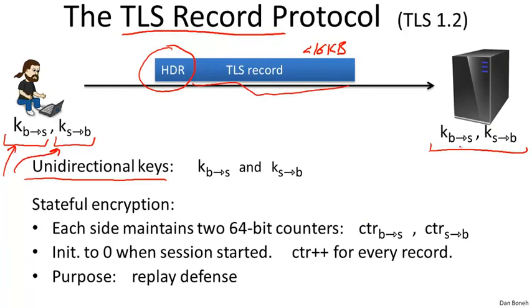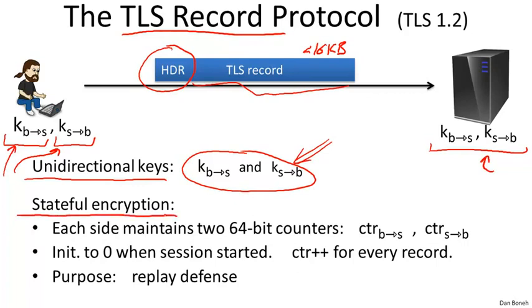Now these keys, both of these keys, are actually generated by the TLS key exchange protocol, which we're going to talk about in the second part of the course. Right now, I'm going to assume that these keys have already been established. They're known to both the server and the browser, and now the browser and server want to exchange information using those keys. So the TLS record protocol uses what's called stateful encryption,